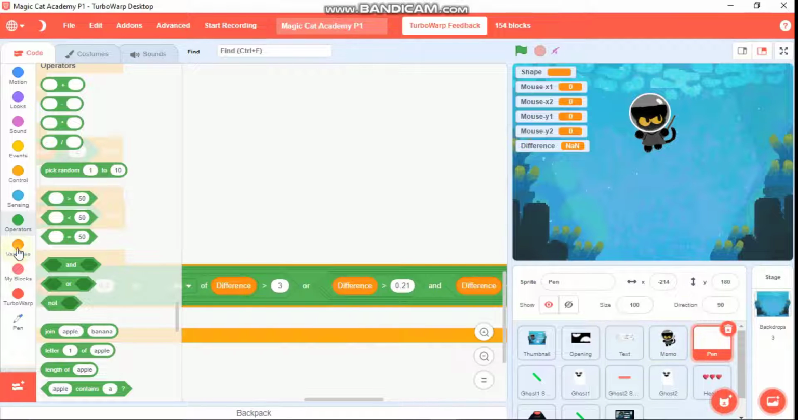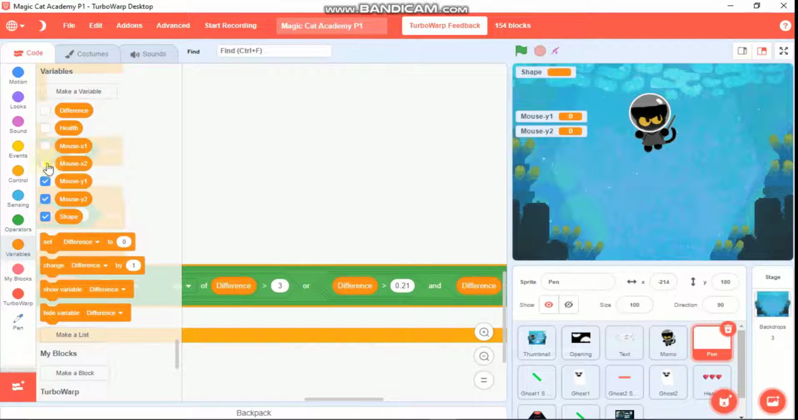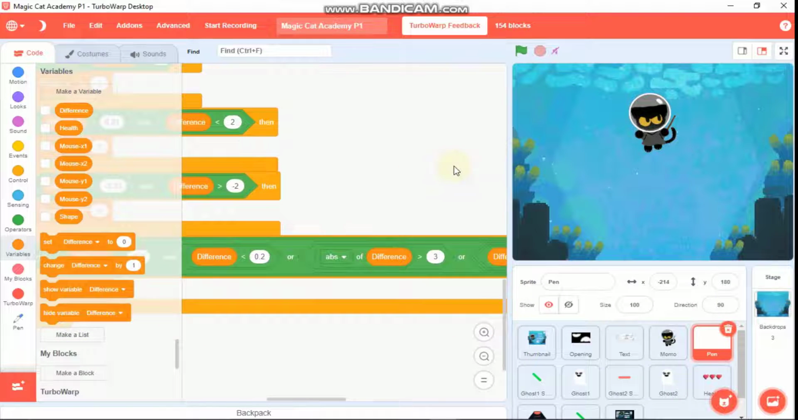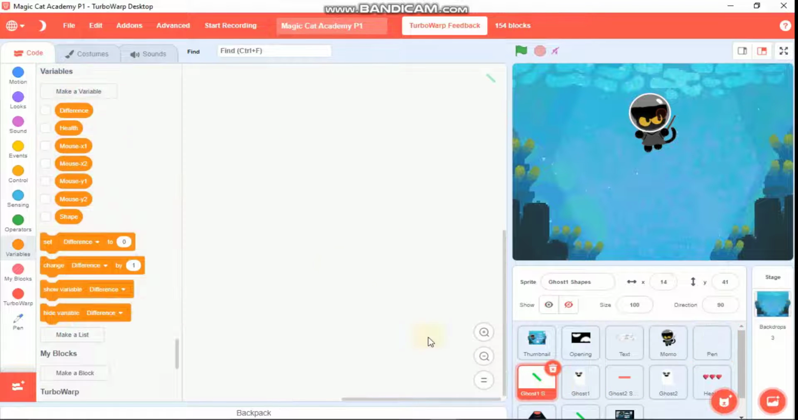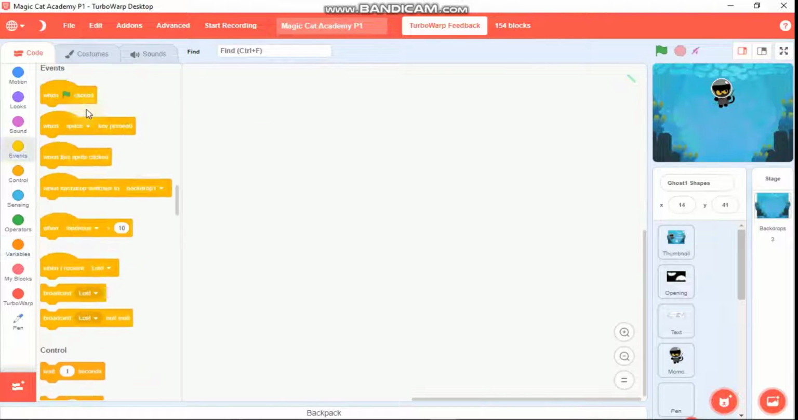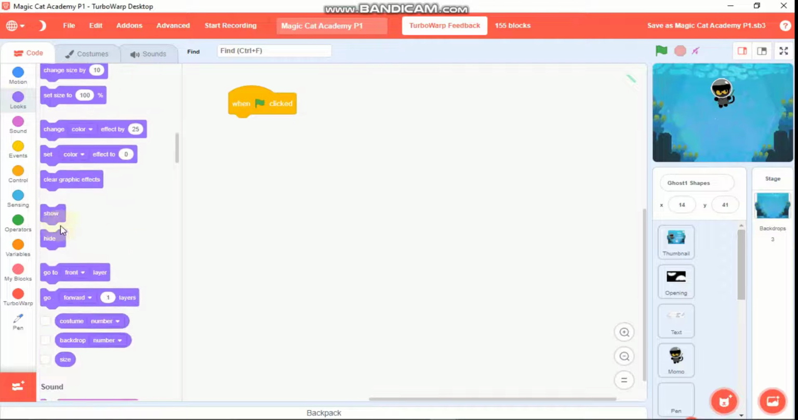So click on the pen sprite and let's just hide all of these variables because we don't need to show them. And now click on ghost 1 shapes. So it's the shapes we need to draw to destroy the ghost. So when green flag clicked, always we need to hide, and when I receive start,